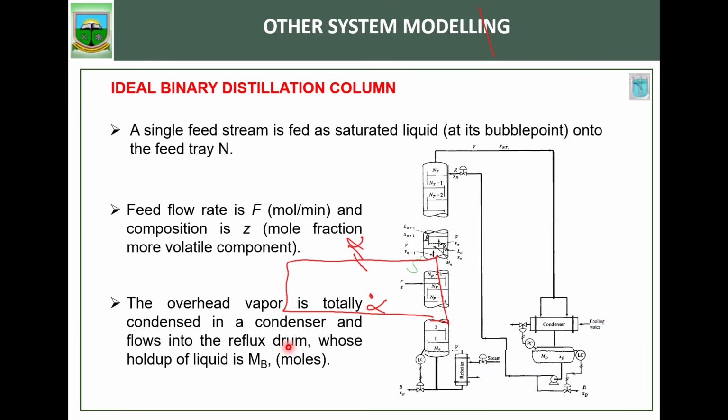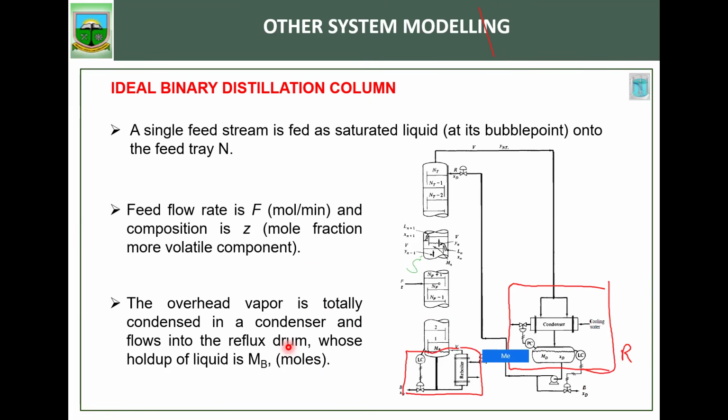So this is how the equipment looks like. This is a binary distillation column. Wow, this is a nice one. Now, let's look at the stages, and that will help us to design the model for this. If you look at this very well, we have this part, which is the reflux. We have this part, which is the reboiler end. Then we have here, which we call the top tray. Then we have the first tray. Then we have what we call the